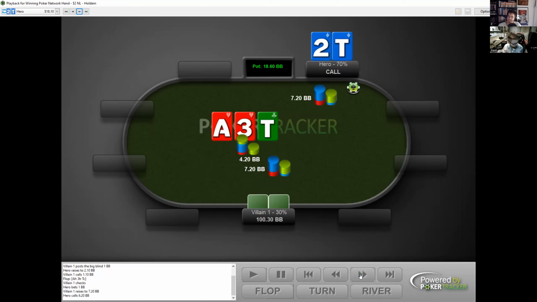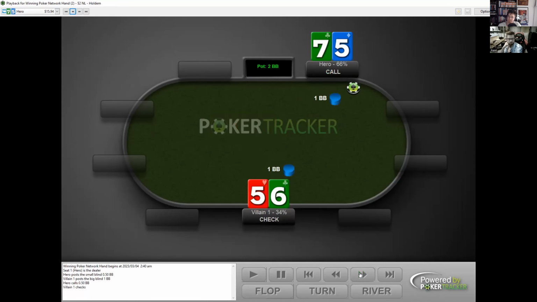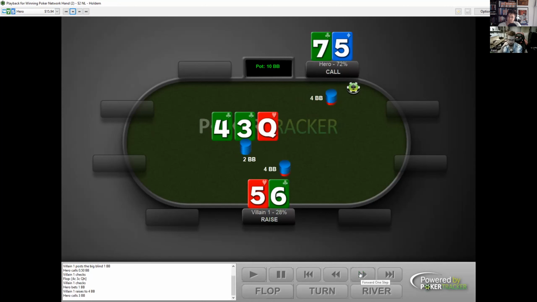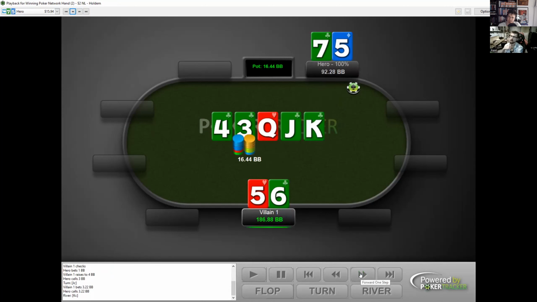The issue I have with the flush spot is, given the fact they check raise the flop and the turn, I don't really have many zero EV showdown hands. All my hands have some sort of showdown, and he will have some brick flush, some brick straight draws. So it's a spot where I should under bluff and value bet a bit more thickly, I think,